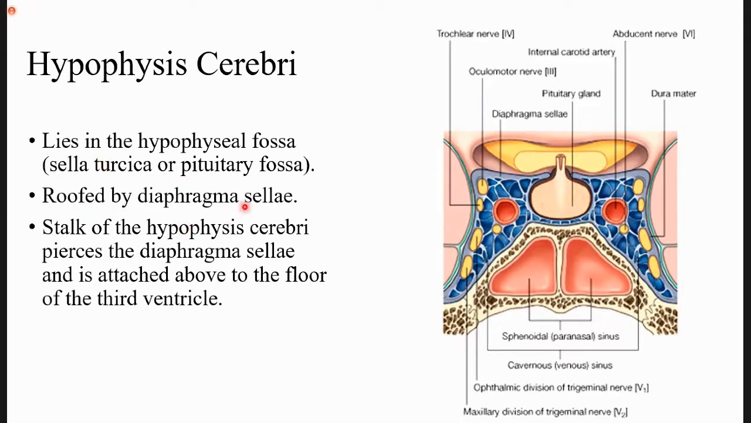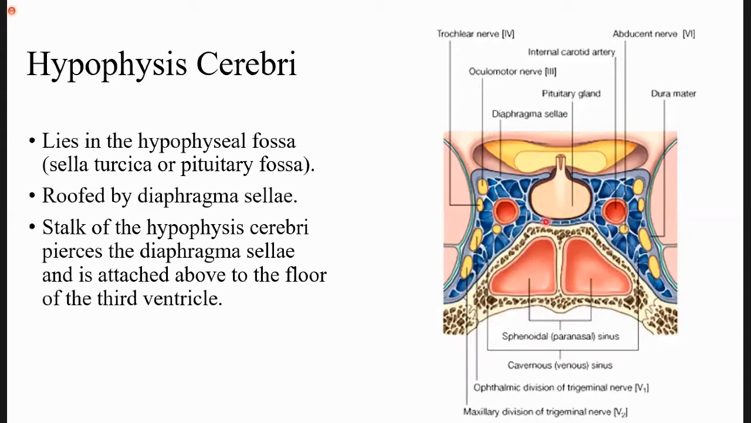It is roofed by the diaphragma sellae. This roof is formed by the meningeal layer of the dura mater. There are two layers of the dura mater. One is the endosteal layer, as you can see, which is just the periosteum. This is one layer which is always in contact with the bone. The other layer of the dura mater gets separated, and